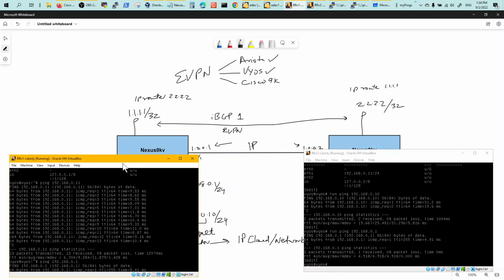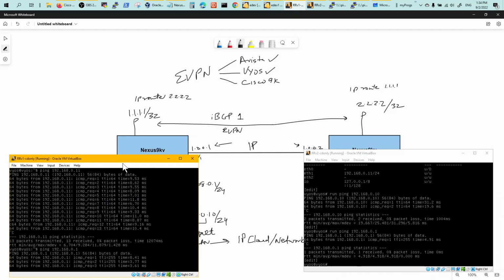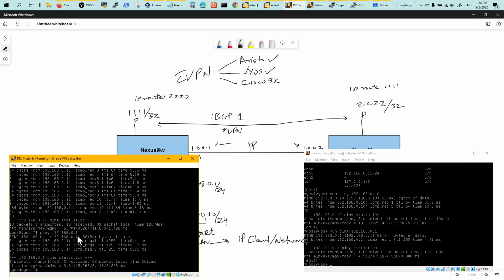If you remember from previous videos, Anycast gateways will have the same IP addresses. In our case, it's going to be VLAN 900, which is an Anycast VLAN because this is configured on VLAN 900. Now you have the setup, you got these loopbacks configured. Let's take a look at the Nexus